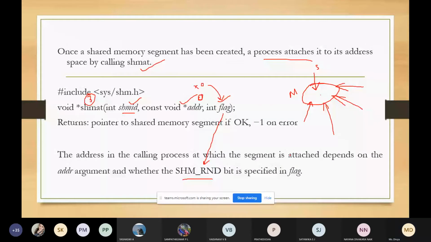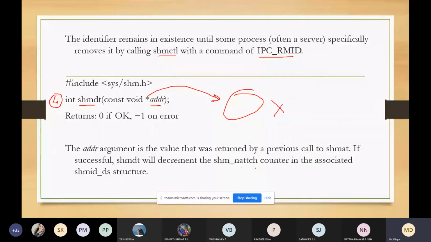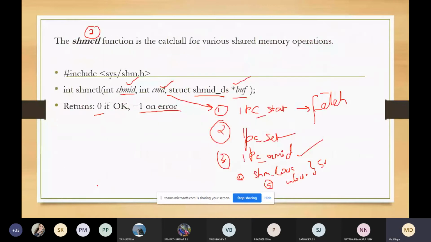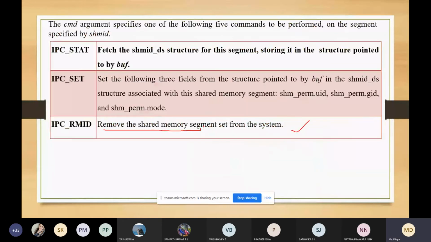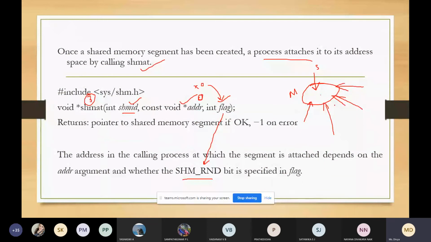If successful, it decrements the shm_nattch counter in the associated structure. This counter tells the number of current attaches.